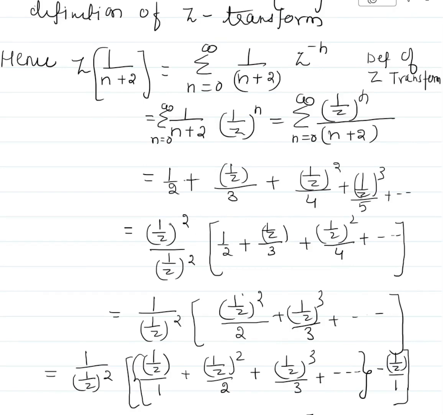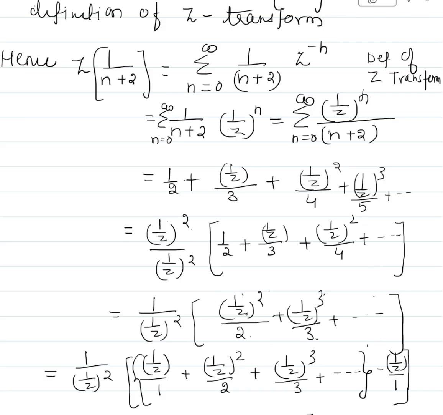So we can multiply and divide by 1 upon z square, so that there will be a sequence. If we multiply by 1 upon z square and take it inside, we'll get half 1 upon z square, 1 by 3, 1 upon z cube. Now the sequence is good, because if it is 3, there should be 3. If it is 2, it should be 2. If it is 4, the next should be 4. So the next will be z to the power 4 by 4.